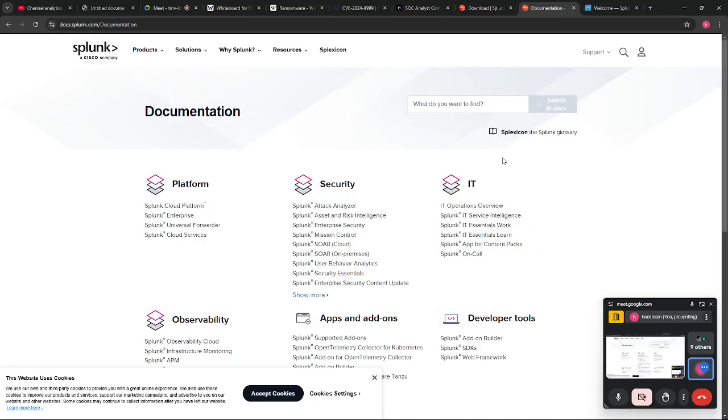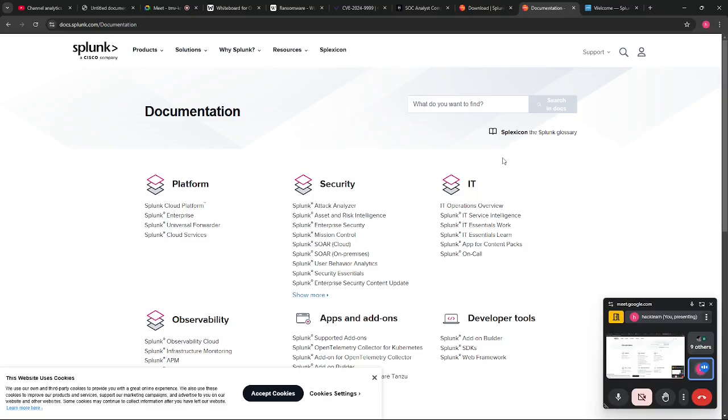Basically, the key feature of Splunk, the first feature, is log aggregation. It collects logs from very diverse sources, including servers, firewalls, network devices, and all the appliances, into a centralized platform, which makes it much easier to analyze all of them. For example, a log from an Apache web server and a Cisco firewall can be ingested into Splunk for correlation, and then you can read all the data and find insights into how it's all working. If there is anything bad going on, you can try to solve it.